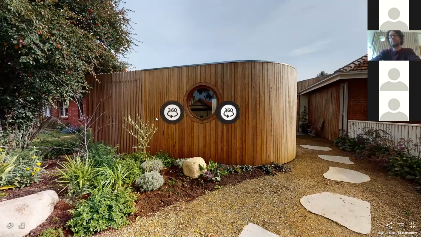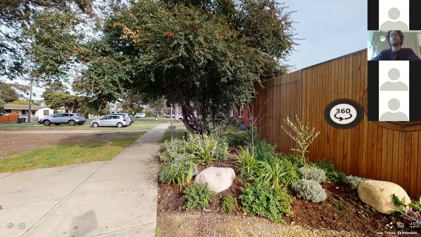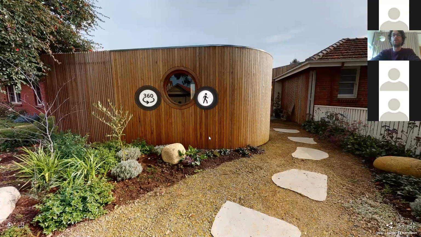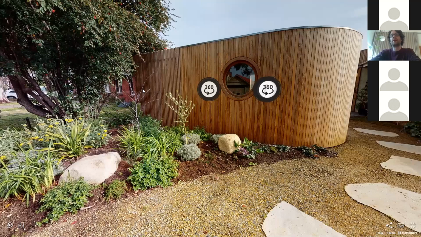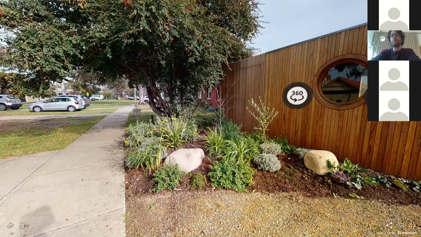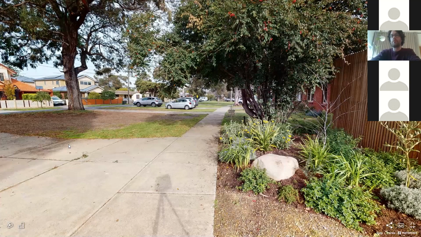And so the challenge then for us was, how do we create that as a private realm for private enjoyment while still establishing a sense of generosity and connection to this shared parkland? As we found the property, I might move back to where we were before,